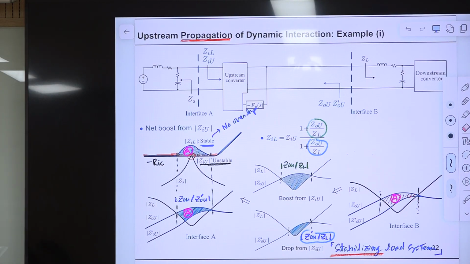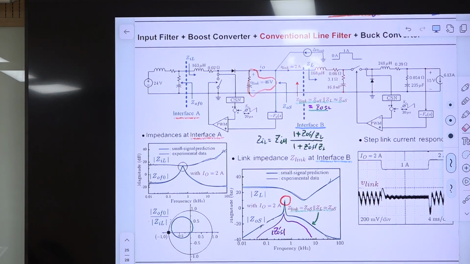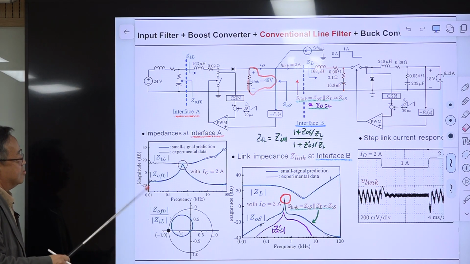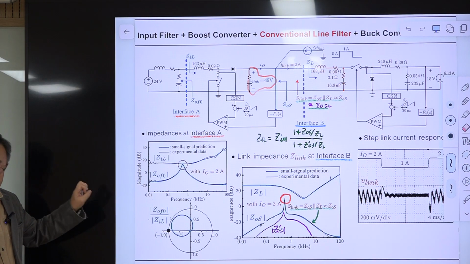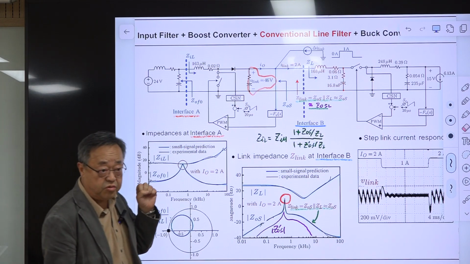I have another example. This looks very complicated. Sorry for this. But the situation is very similar to the previous case. So many things. Try to understand every detail. Try to understand the basic idea. The message I'm trying to convey to you